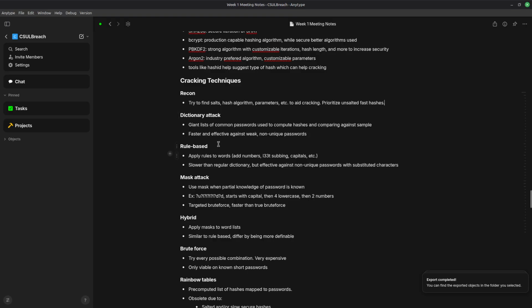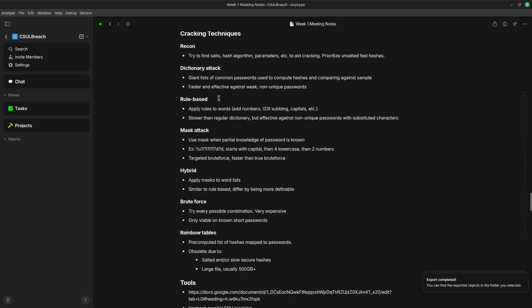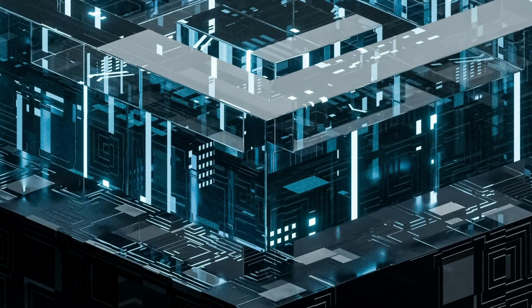Now, as for rule-based attacks, they add on to a dictionary attack. Let's say I had a dictionary, but I had some rules that I wanted to define. For example, I wanted to add numbers to a password, or do what's called leet subbing, where you replace O with 0 or E's with 3's, stuff like that. It's what's called leet code. If you've never looked it up, not the website LeetCode, but the